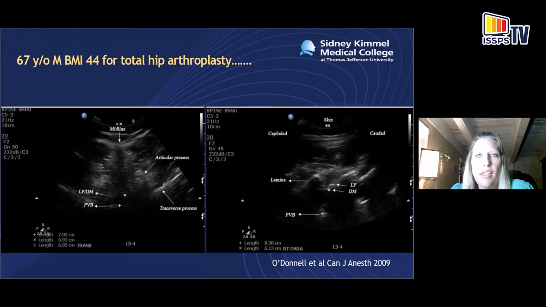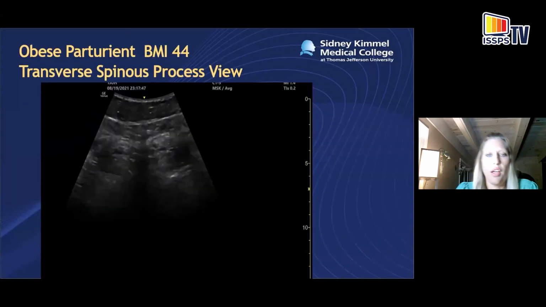And they were able to identify the midline by looking at the transverse interspinous view on the left-hand side. And they point out the structures here on the left, the ligamentum flavum and the dura and the epidural space. So by getting the ultrasound out, they were able to easily get the successful intrathecal injection. So here are some scans just to show you what the images can look like in an obese patient. And of course, the dynamic images that you'll see when you're live ultrasounding are going to be clear, and that's